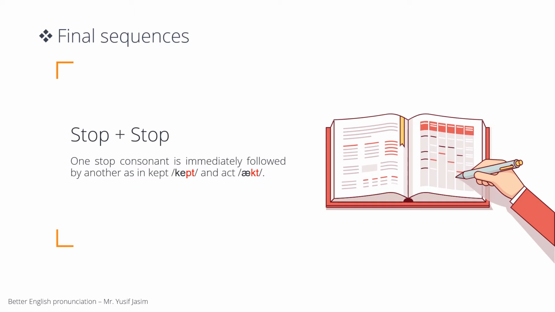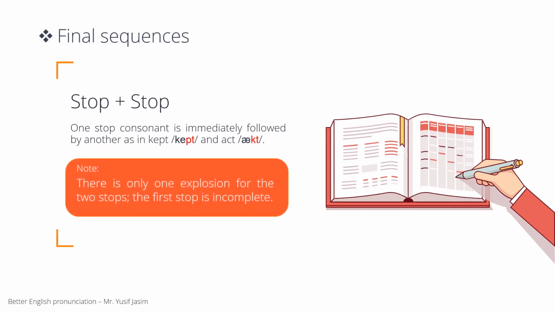The lips are closed for p and the air is compressed as usual by pressure from the lungs. Then, with the lips still closed, the tongue tip is placed on the alveolar ridge ready for t, so that there are two closures. Then the lips are open, but there is no explosion of the air, because the tongue closure prevents the compressed air from bursting out of the mouth. Finally, the tongue tip leaves the alveolar ridge and the air explodes out of the mouth. So, in conclusion, there is an important thing that you should be aware of. When the sequence is composed of stop plus stop, there is only one explosion for the two stops. The first stop is incomplete.